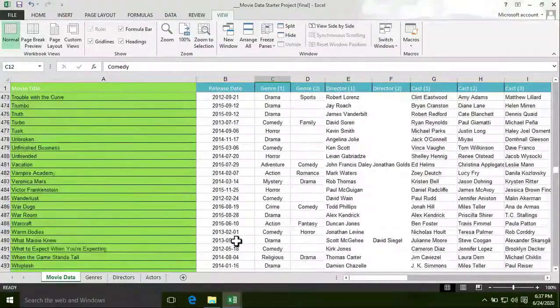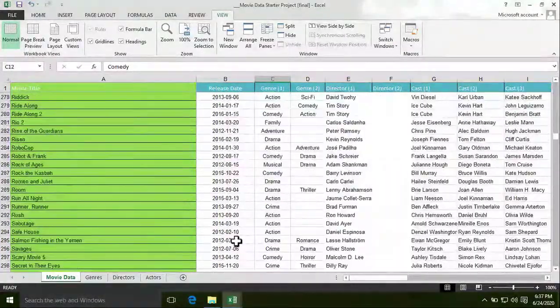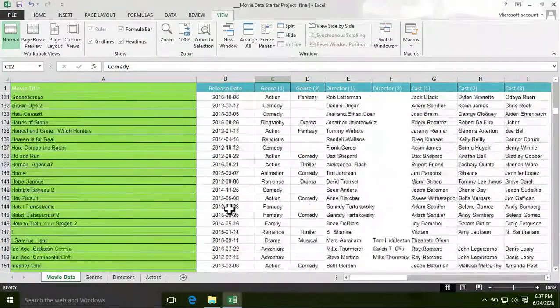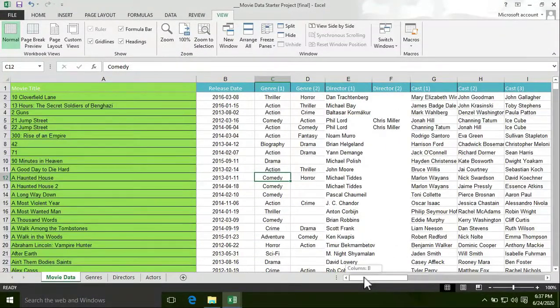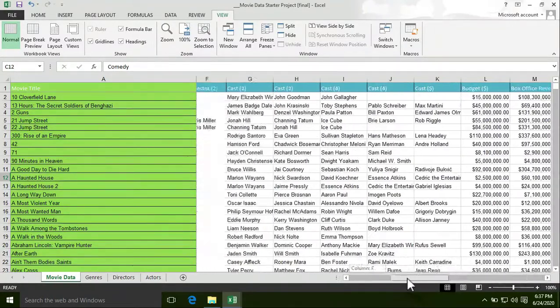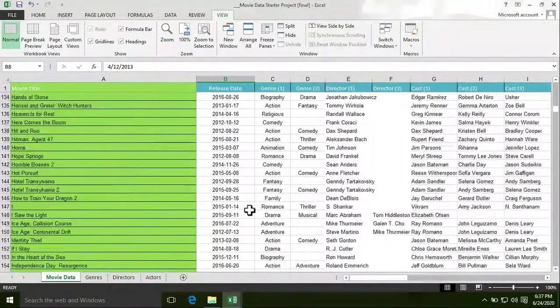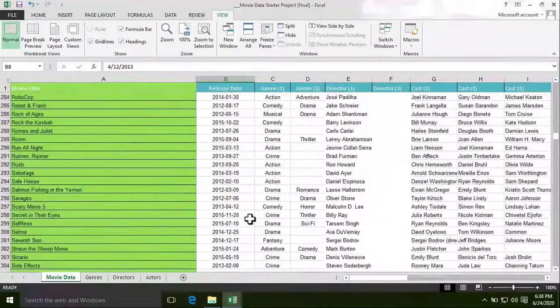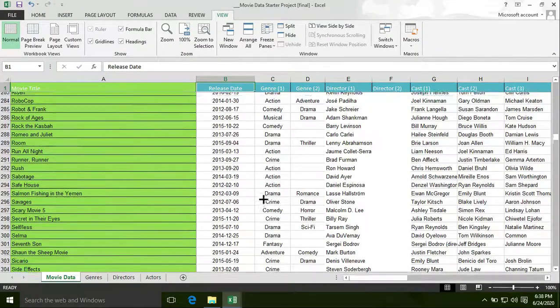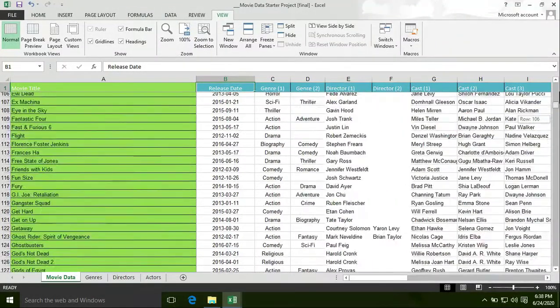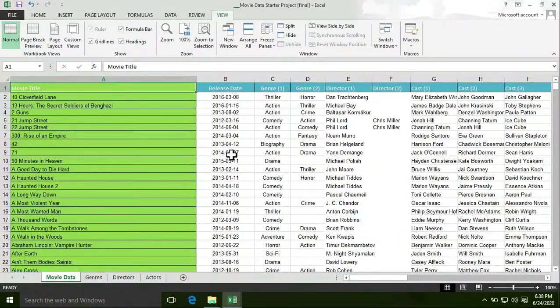I can still see the first row, movie title, release date. Now let's check the column. I can also see the first column. As soon as I scroll horizontally from left to right, I can see the first column, or column A. As soon as I scroll vertically, I can also see the top row, this row, movie title, release date. So we can freeze the top row and first column at the same time just using freeze panes.